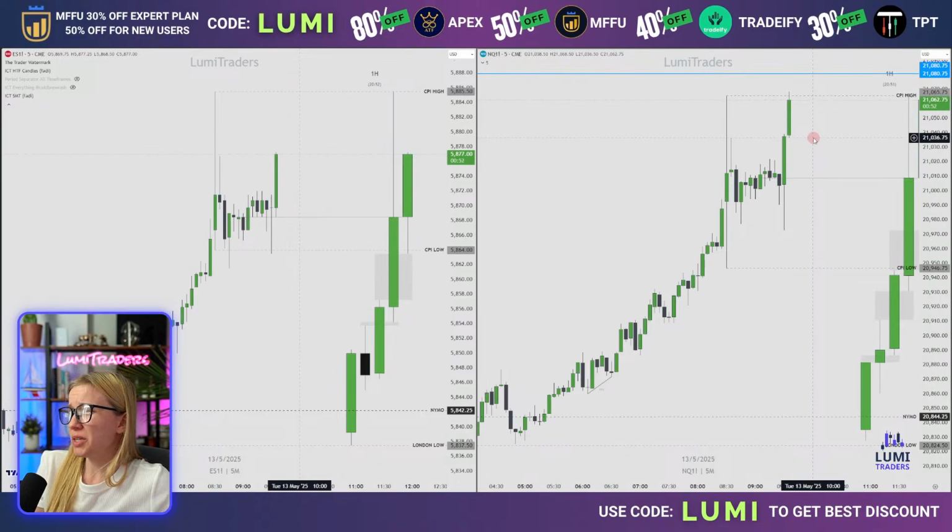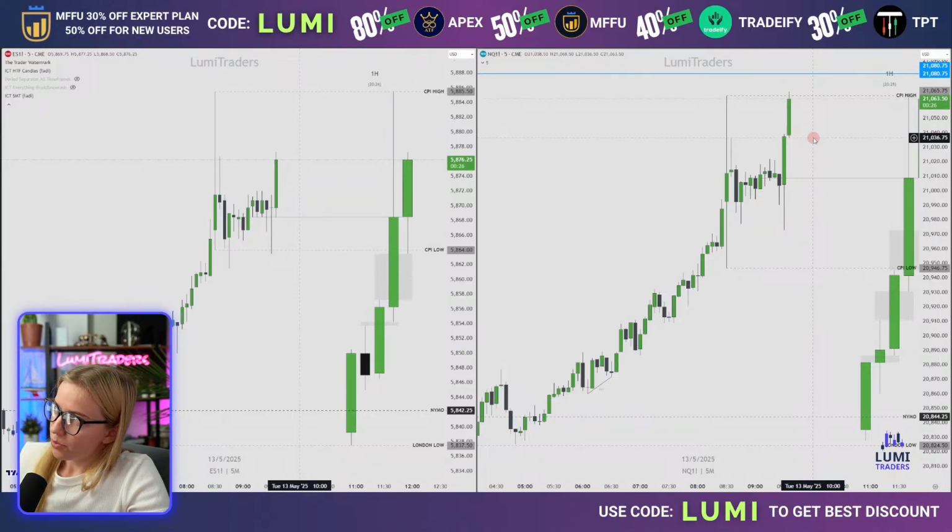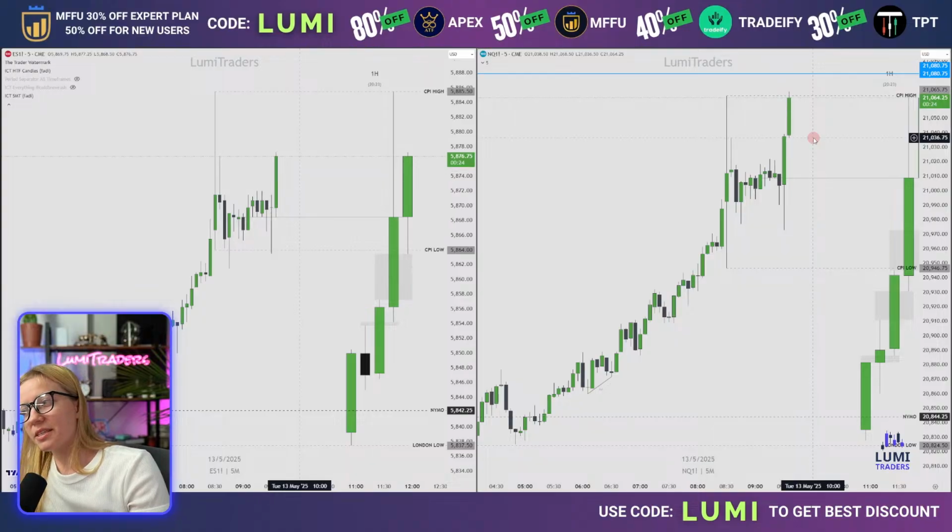Yeah, I would say we have low resistance, honestly. Yeah, SMT and for our change in the state of delivery, exactly. So we need to have these kinds of conditions to short this. We can look for a sweep on our chart, but the main condition is smart money reversal, right? Change in the state of delivery with market structure shift. SMT preferably, but not necessary, right?